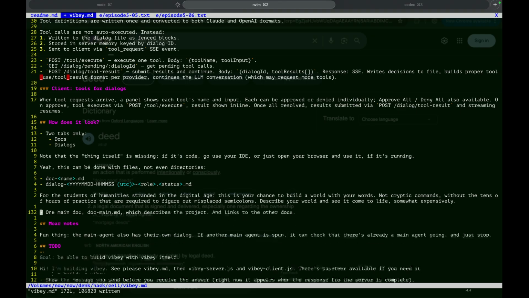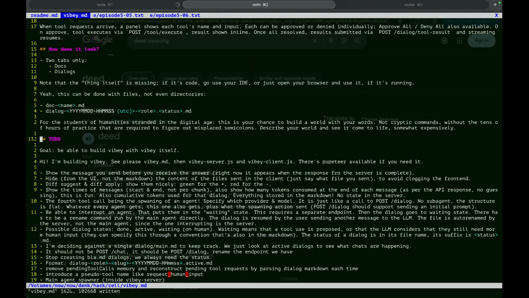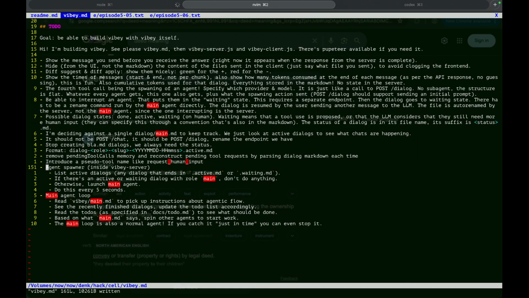No need for this. This is not necessary either. This was all the to-dos, right? Agent spawner inside VIBEY server.